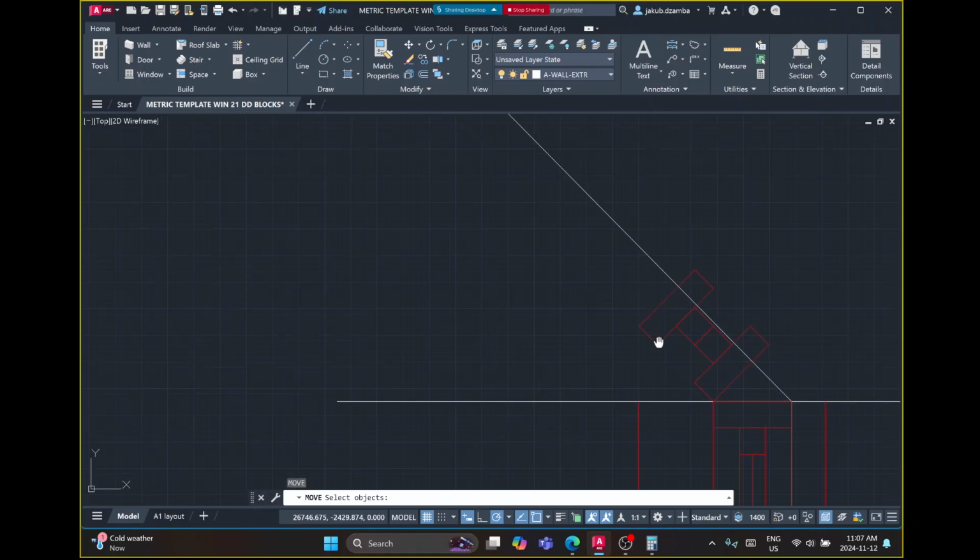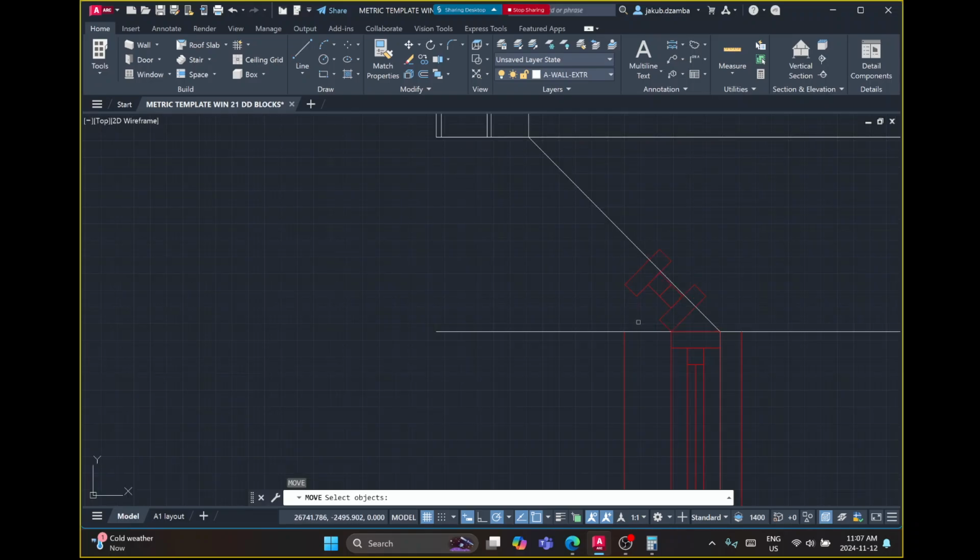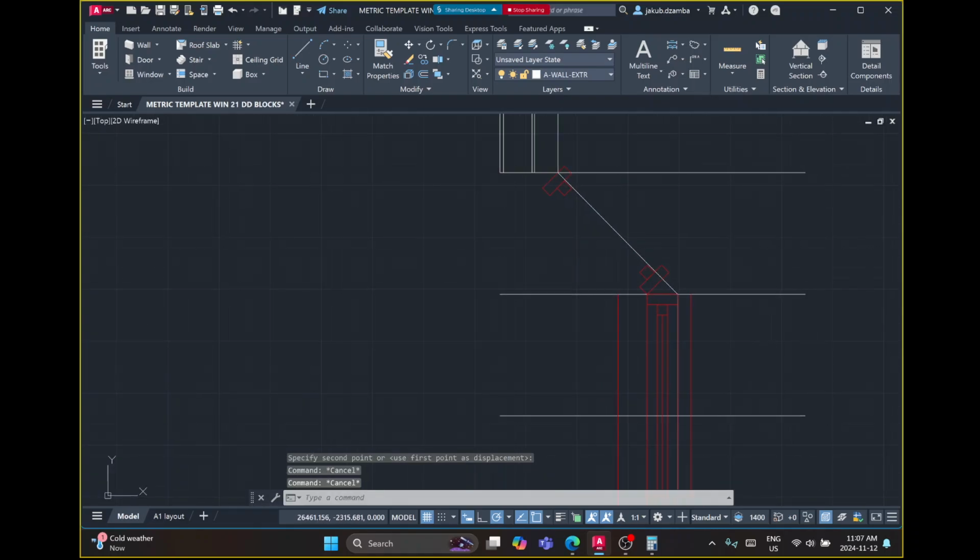And so now I can move. Ideally I would move this to the end of the line. But if I do that, we have a little problem here. So if I move this to the very end of the line, now our bay window